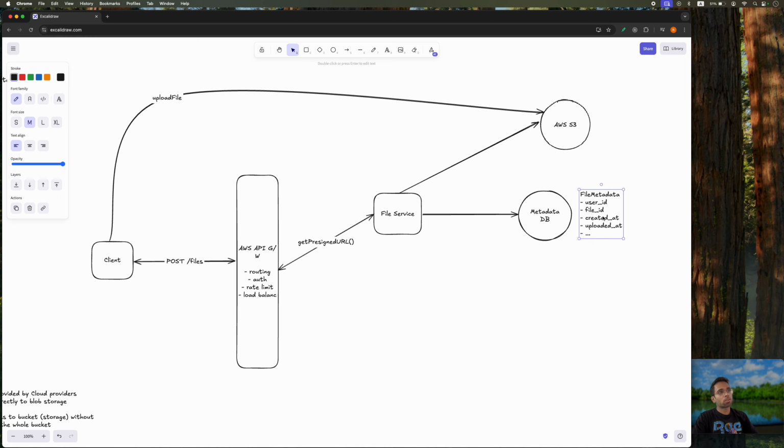So we need to have some kind of field to denote whether the file exists or not, and that particular field could be status. So you have a status which is either uploading or uploaded